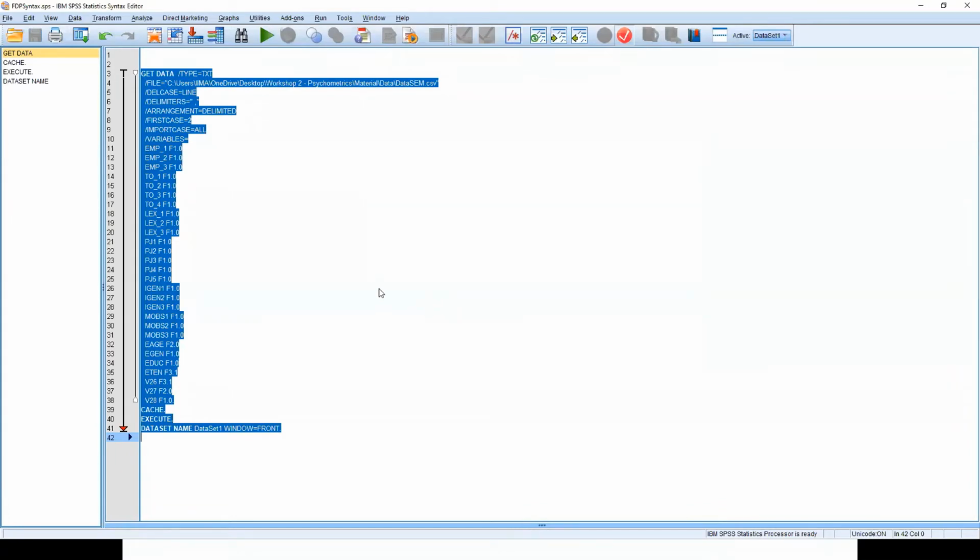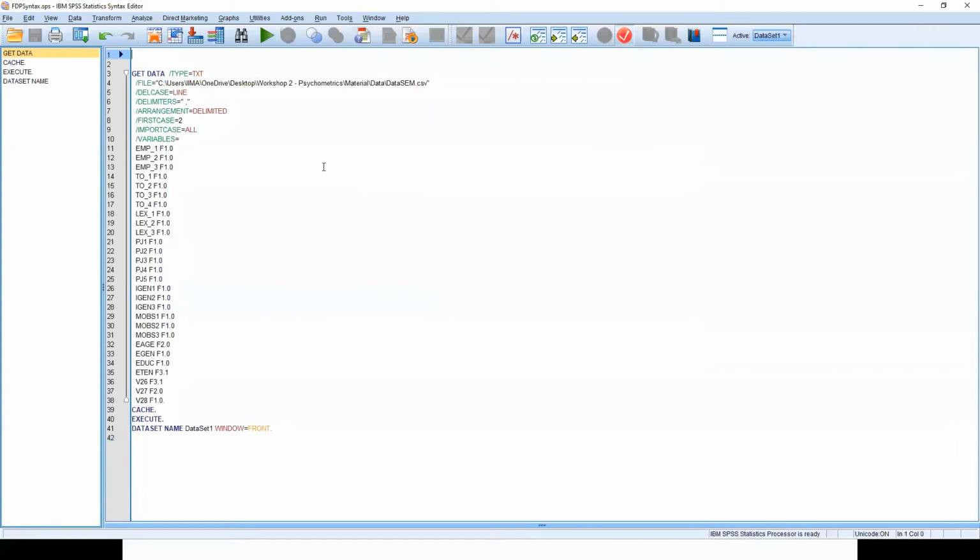Syntax.sps, this is the extension. This syntax file is useful because let's say you do something today and you close SPSS and you come back a few days later.